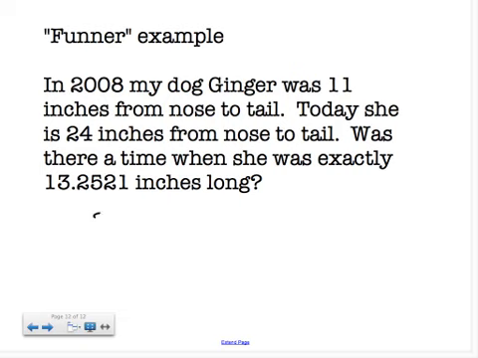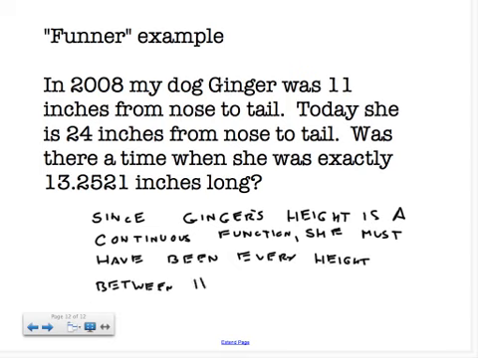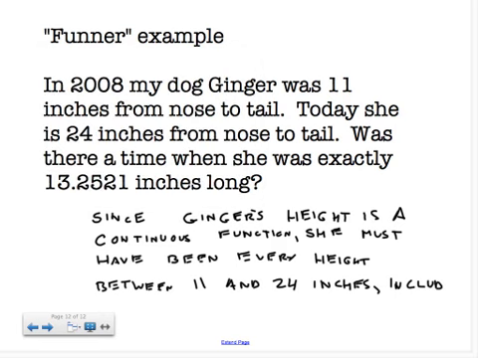I would say, since Ginger's height is a continuous function, she must have been every height between 11 and 24 inches, which includes this really crazy number, 13.251. And the calculus fact that gives me this is the intermediate value theorem,